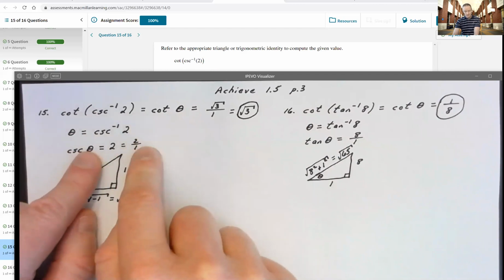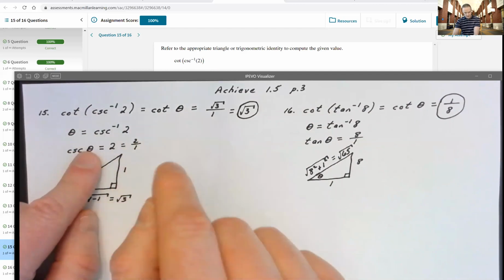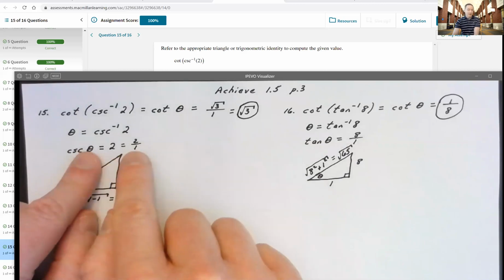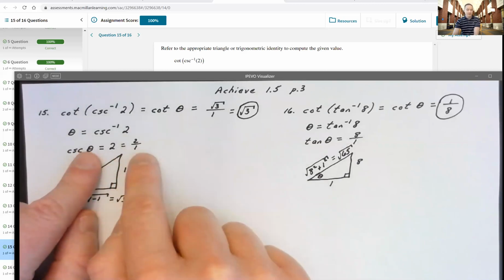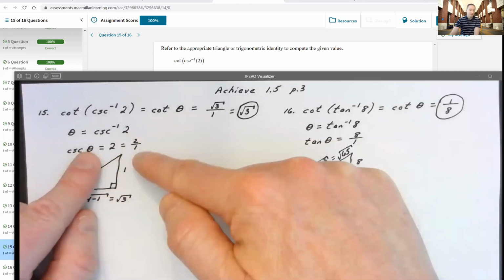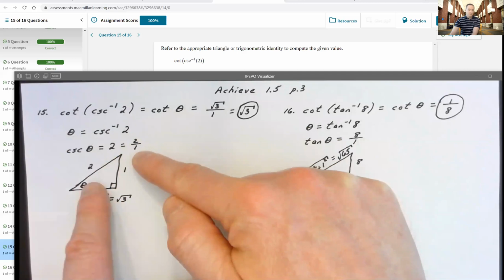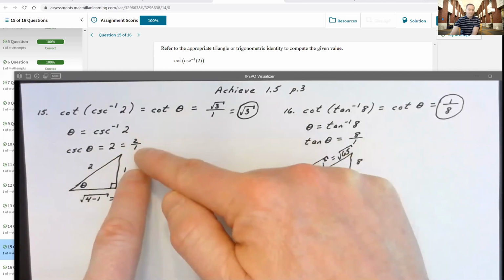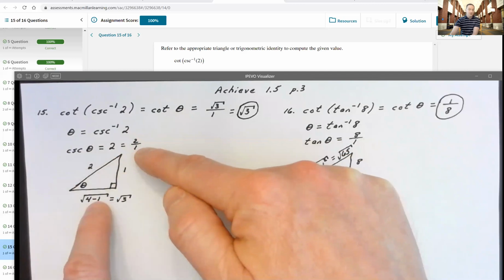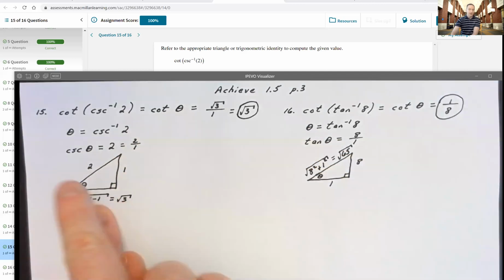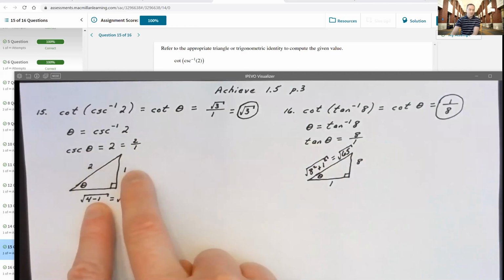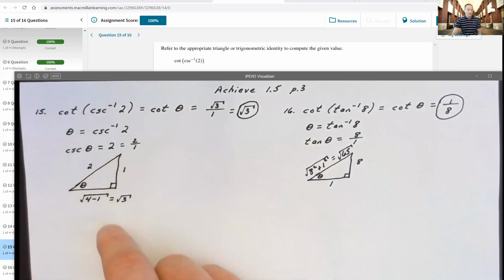which of course you need to think of as 2 over 1. Now, we know that the cosecant function is the reciprocal of sine. Sine is the ratio of opposite over hypotenuse. So this cosecant is the ratio of hypotenuse over opposite. So I go to my trig triangle and say, well, hypotenuse has to be 2, opposite has to be 1. The adjacent side has to be the square root of 2 squared minus 1 squared, which is just the square root of 4 minus 1,